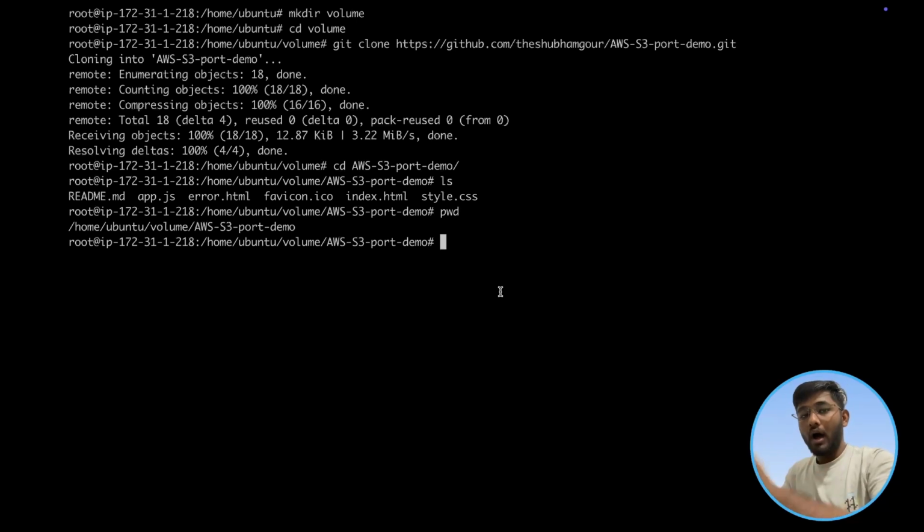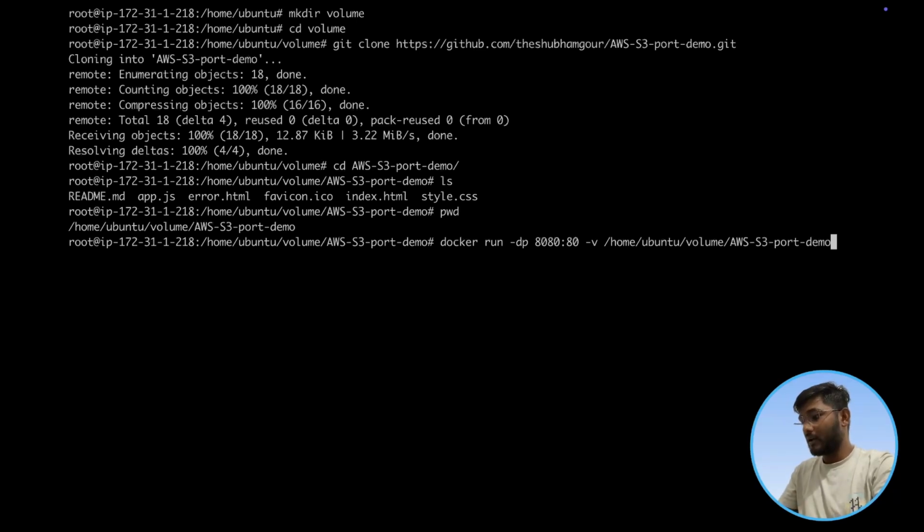Now how would we run the nginx server with this specific volume? We need to mount it. We need to mount the external volume with the internal one. So for that we are going to write docker run -d to run this process in the background, -p to map the external port with the internal one. The external port that we want to map is port number 8080. We want to map it with the internal port number 80. Now we want to mount the volume, that's why -v. And which volume we need to mount, that is the one which we copied right now, followed by where we need to mount it. So it would be